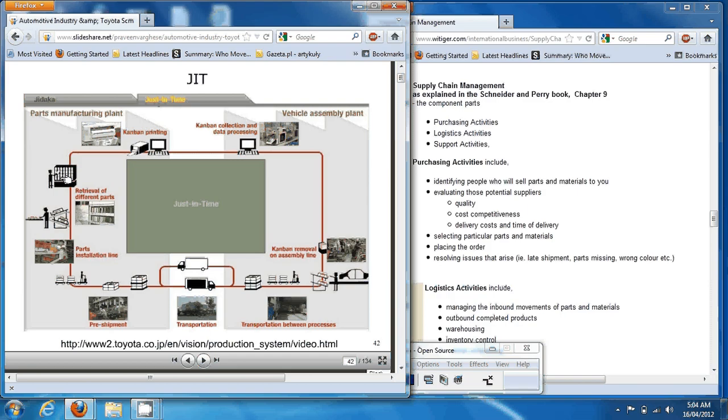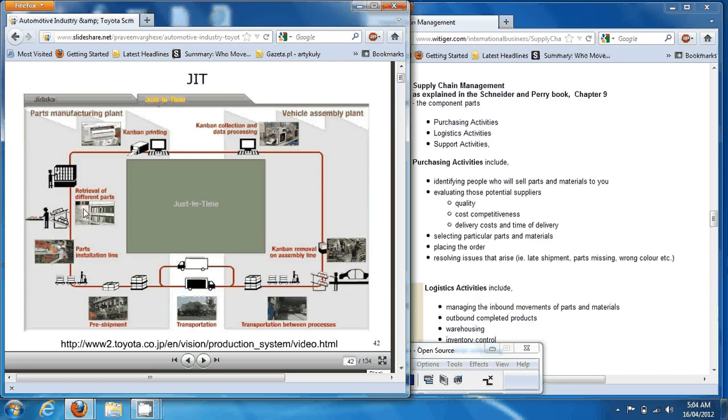The method is very efficient because it reduces space, and as I mentioned before, if quality issues arise, it reduces the amount of obsolete parts in this location and in this location. Well, mostly in this location. So the less parts they have means the less parts they'll have to get rid of, and the less parts these people have,